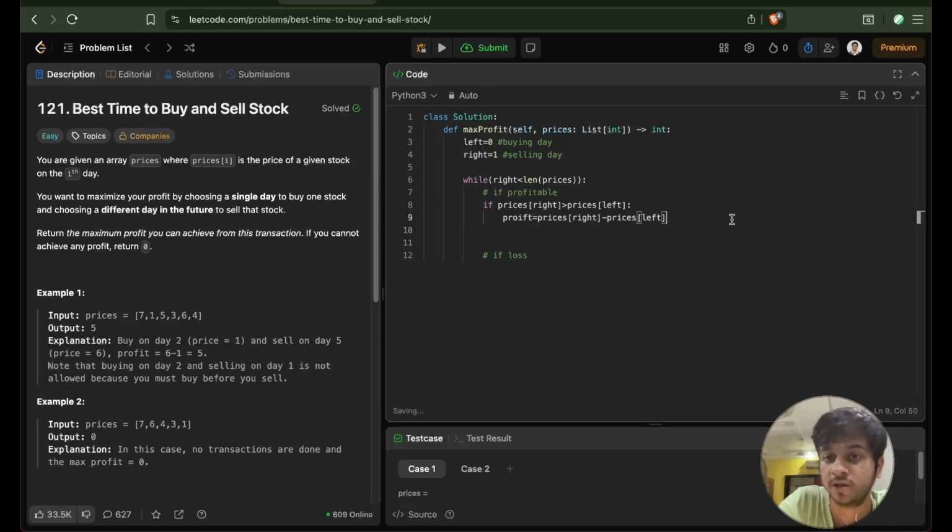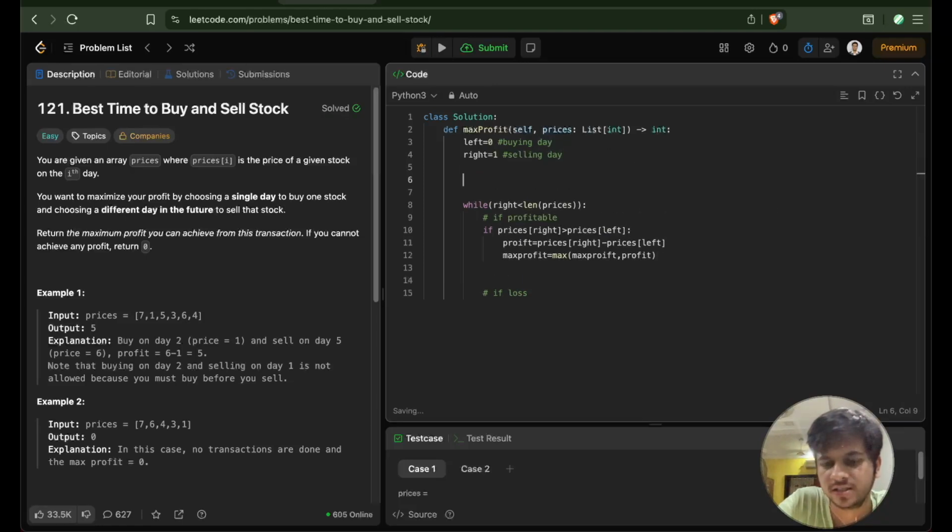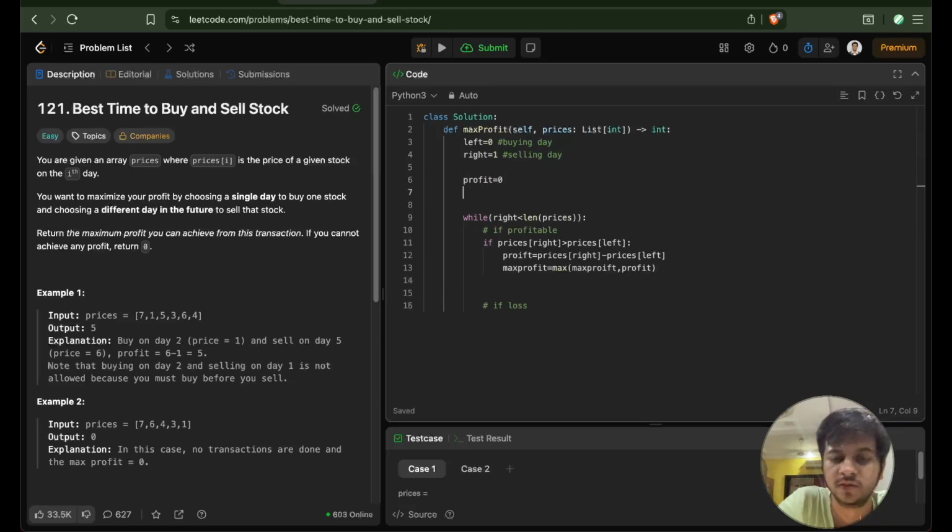And also I will make sure that if it's the max profit which I've got, max profit is equal to max of max profit and profit. And initially I'll just say profit is 0 and max profit is also 0. So this will just make sure whatever is the max value in these two, it will update to that. And that's about it. So this is when it is like that, and if it is a loss,